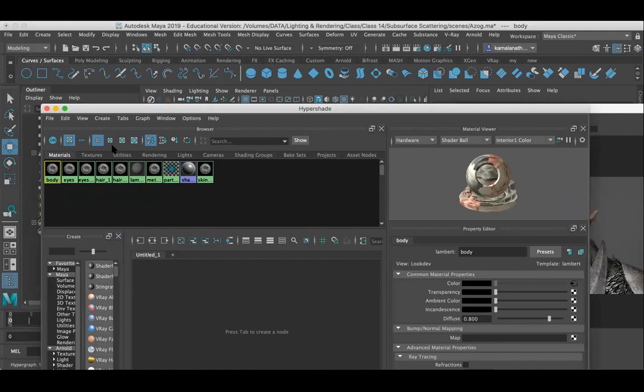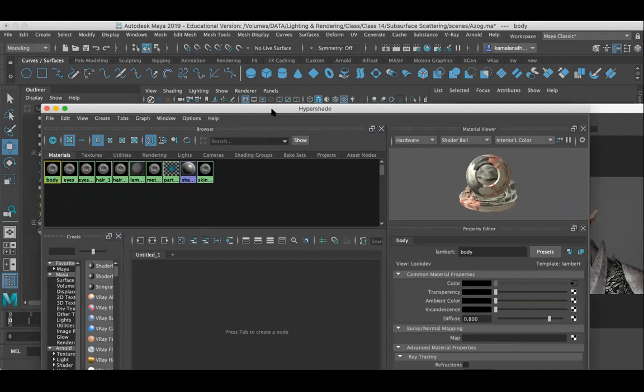Maya is a node-based software, and I'm very comfortable working with nodes. I don't like to use the attributes here. Even though I use attributes most of the time, I preferably work with the nodes.